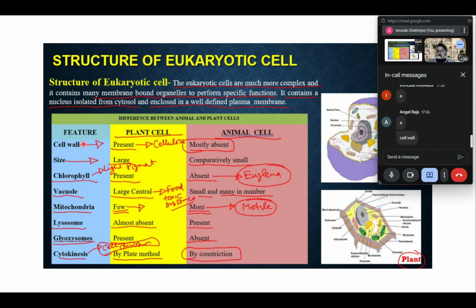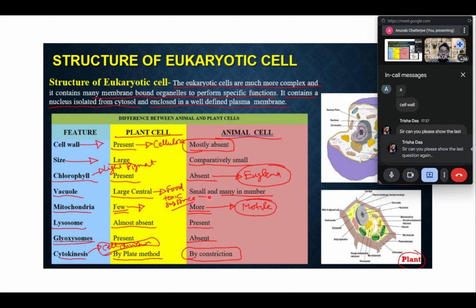So on that note, we will look at the differences between plant cells and animal cells. Cell wall is present in plant cells and made out of cellulose; in animal cells it is mostly absent. Size: plant cells are larger, animal cells are pretty small. Chlorophyll is present in plant cells, absent in animal cells. Vacuoles: plant cells have large vacuoles, which are organelles that store food and water, and animal cells have small vacuoles, many in number. Mitochondria are few in plant cells because they depend mostly on